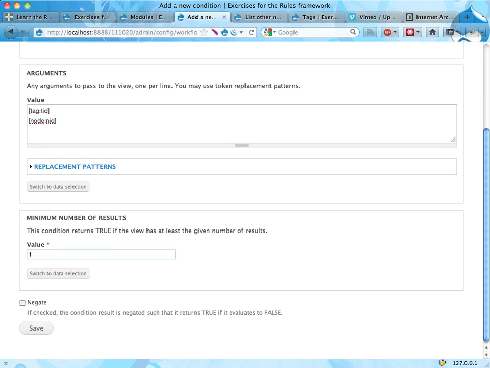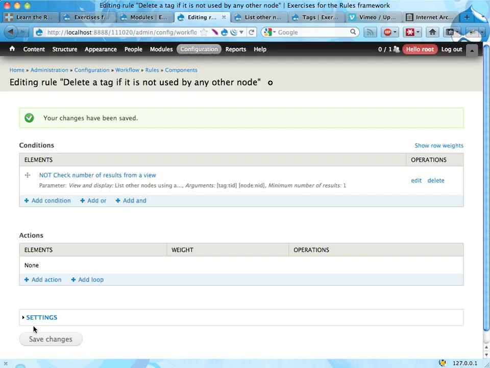We could actually use 2 here instead. Well, never mind, and skip this second argument, but that's another thing. We know that this is used, and I'm going to select the negate checkbox here to make sure that we don't then delete the tag. Okay, so we check with views, are there any other nodes using this tag? If not,